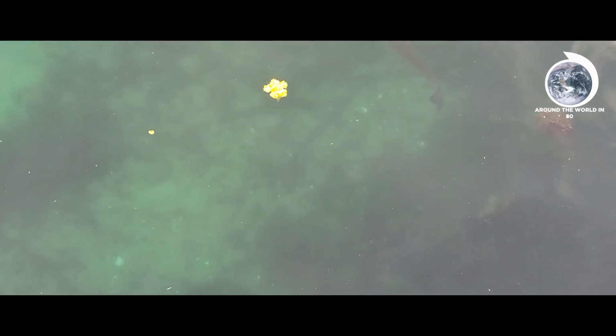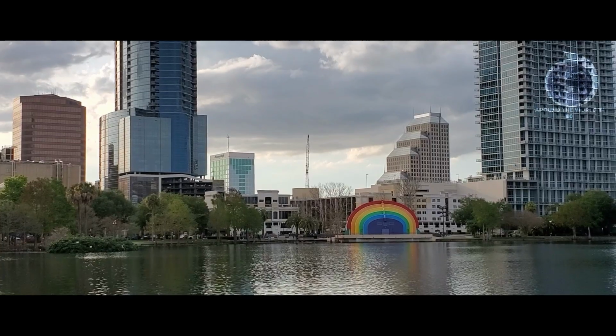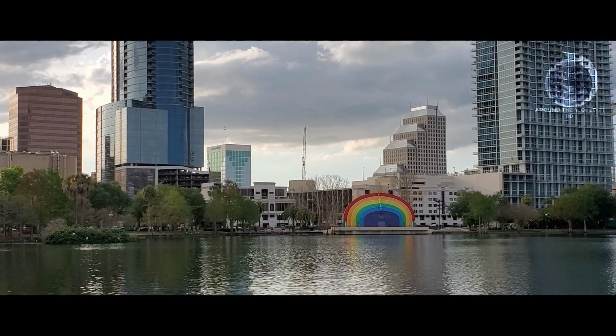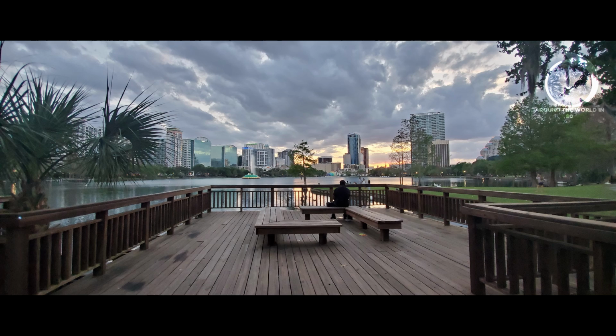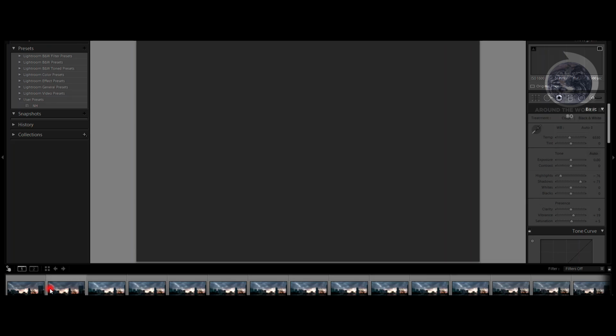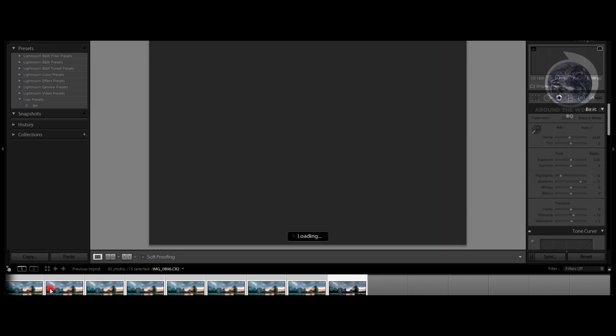That's right, not a full frame. That just goes to show you that you can do this with pretty much any equipment if you know what you're doing. I went ahead and snapped off 10 consecutive shots. At that point, I rushed back home, and this is the process. And just to be clear, I am using Adobe Lightroom Classic and Adobe Photoshop to complete this particular technique.